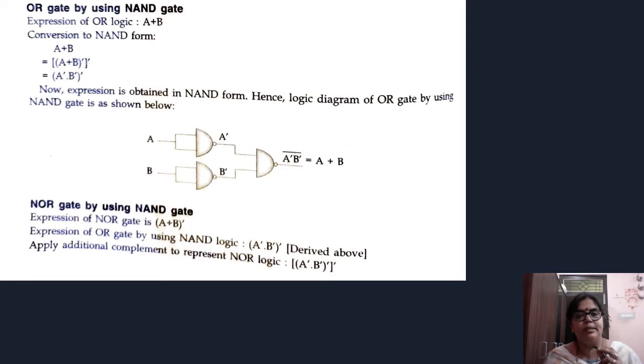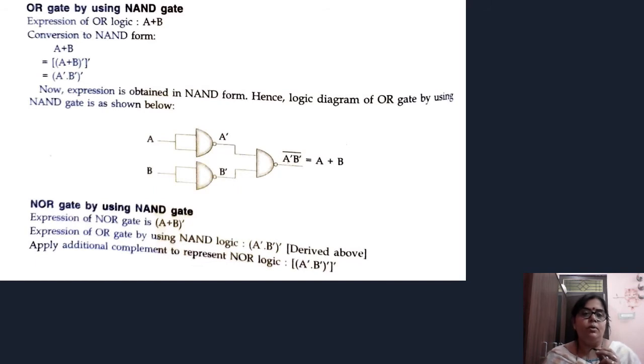Here two variables are there, A and B. A is shown here as A complement, and here B complement. Here a NAND gate is used, and by whole complement we are going to get A plus B. It means when we break the bar we are going to get this complement. This is how we make OR by using NAND gate.